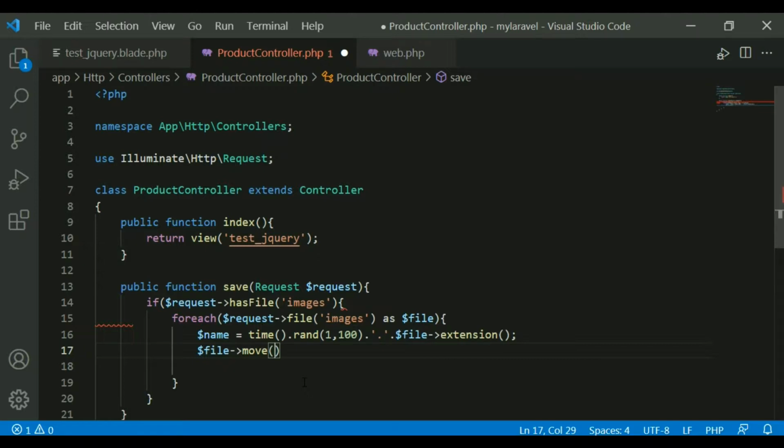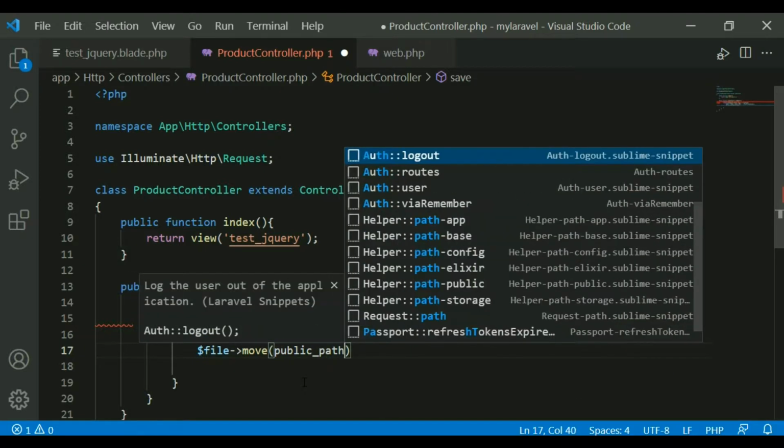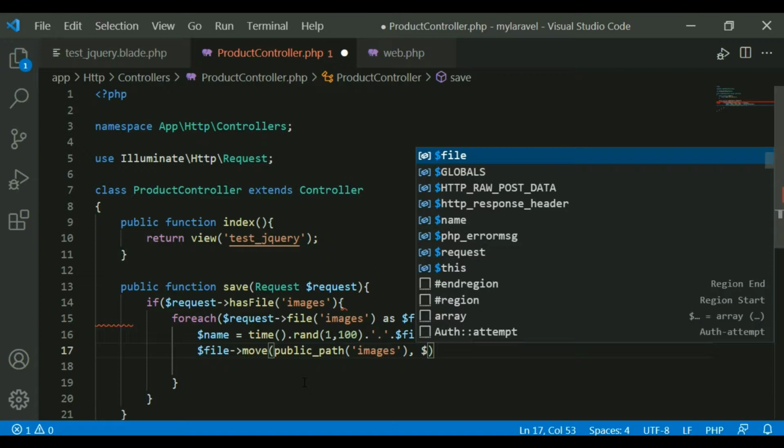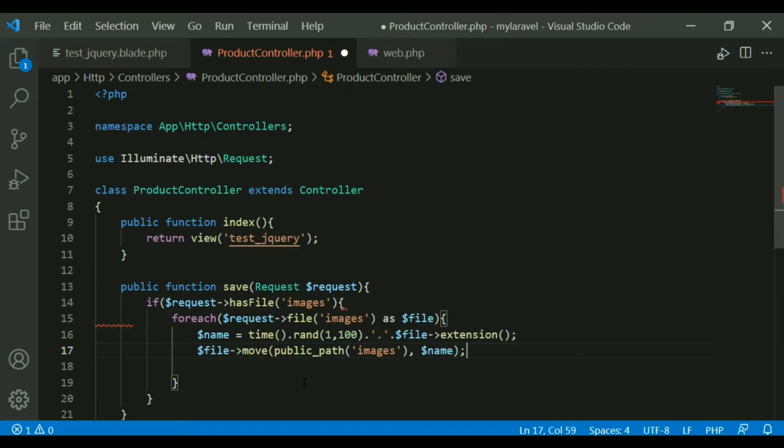So move, public path. That is a public path function, it will give you the path of the public and images. This is the name of the folder. I will create this folder in the public folder, and then move the file with the name called name. So this is the command.